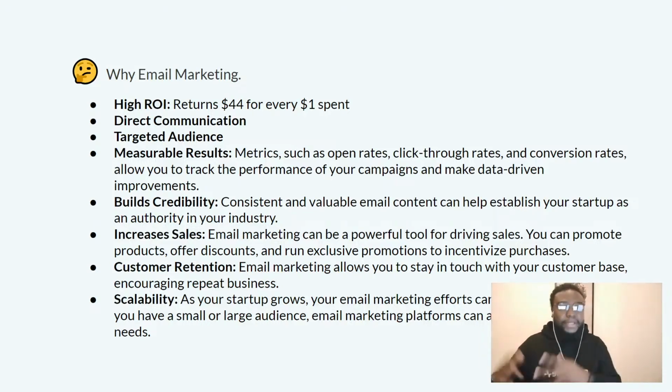And an independent body did this research and came out with this number. I have done the experiment myself, and I was able to get about 3,900%. That's about $39 for every $1 I spent on email marketing. And don't get me wrong, you need traditional marketing, you need a sales system, and the whole idea here is that